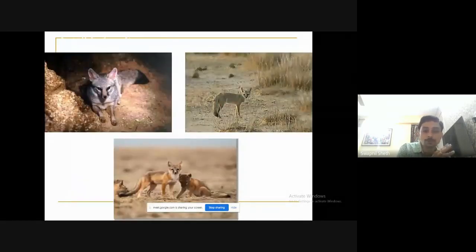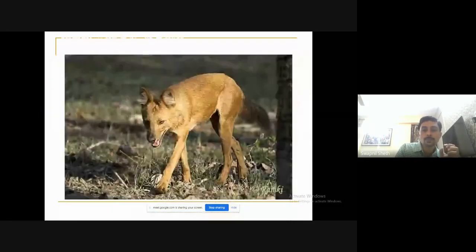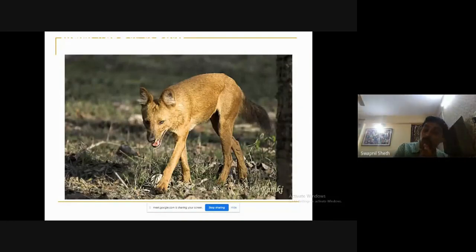So the small Indian fox has been observed in many areas. Then also this wild dog. A group of 5 to 6 wild dogs can create a problem for a tiger. That much power and ability this wild dog has, and that is why at the domestic level